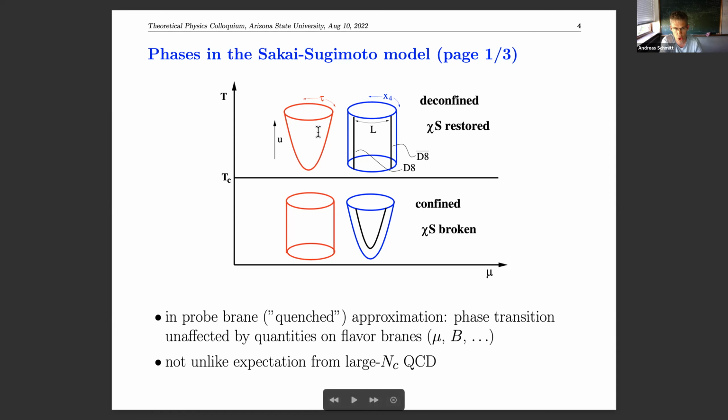Then we find 2 different geometries. You see, I don't want to go into details, you see that somehow it rolls. So this is a cigar-shaped geometry, and this is cylindrical. It's a different way around down here. And you compare the free energies of these phases, you see there's a critical temperature above which this one wins, and one can show that this corresponds to the deconfined phase, this to the confined phase. So this is what we expect. We go at a critical temperature from confined to deconfined. Okay. You see this is independent of the chemical potential.